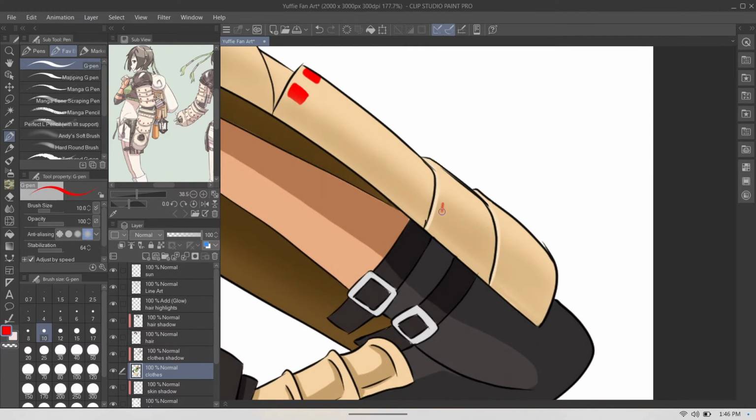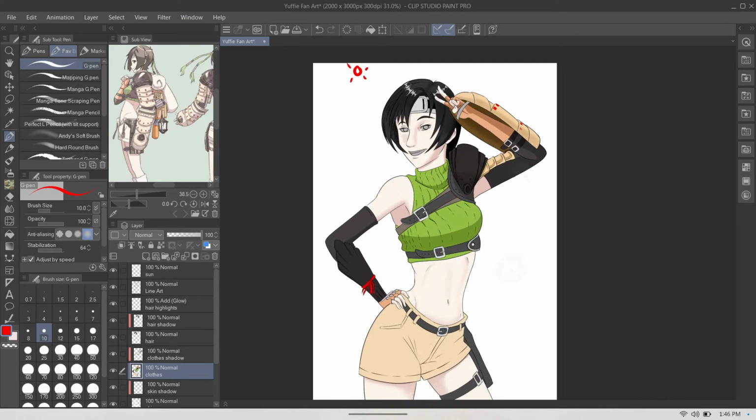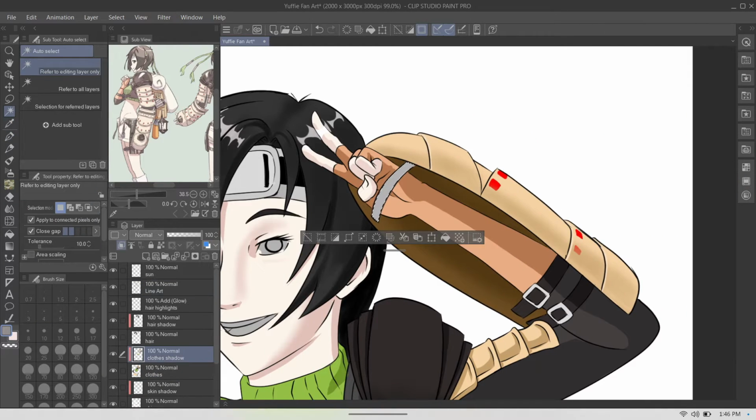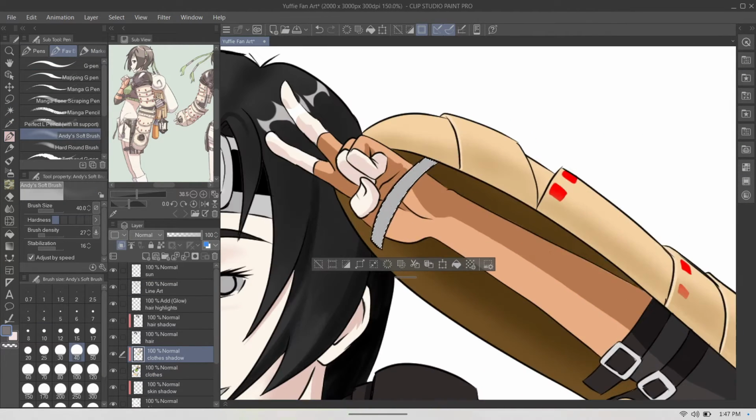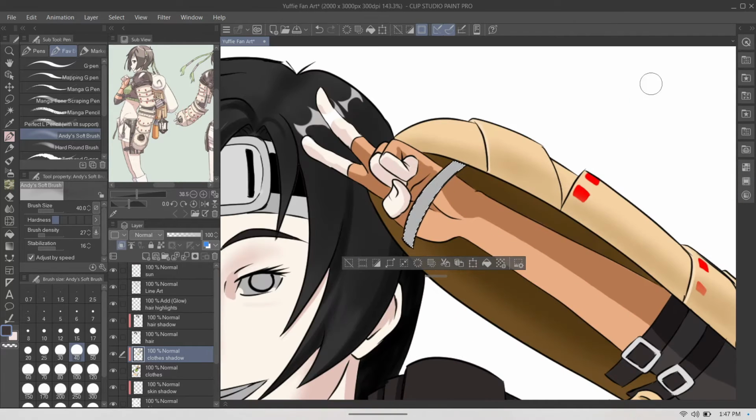Some of those brushes, I wish I could download them over to Clip Studio. I still have yet to figure that out. I spend most of my time on Clip Studio, guys. So I'm not a Procreate expert, but I've used it.